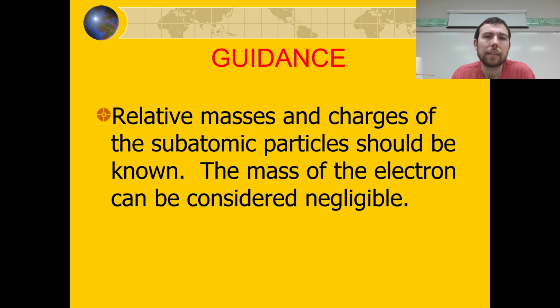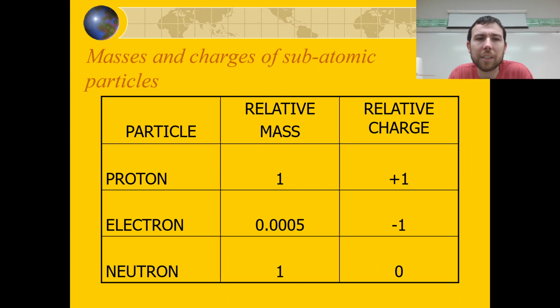All right. Now the last thing we're going to take a look at is that we should be able to determine the relative masses and charges of the subatomic particles. That should be known to us. Even in your previous classes, we've talked about how the mass of the electron can be considered negligible. You've probably seen a chart like this before. I'm confident I've shared something like this in honors chemistry and certainly in AP chemistry as well. You've got the different particles: your proton, your electron, and your neutron. And then you've got the relative mass and relative charge of all three of those subatomic